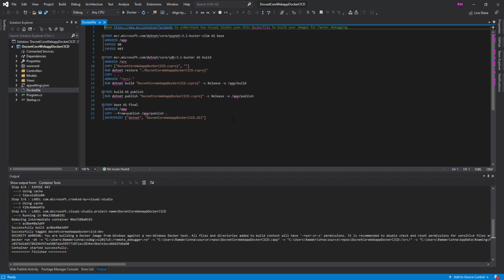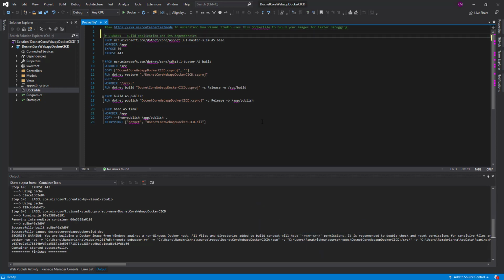So let me explain briefly what this Docker file does, and what stages it has. In stage 1, it is basically building the application and its dependencies.